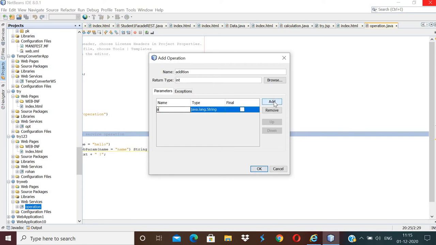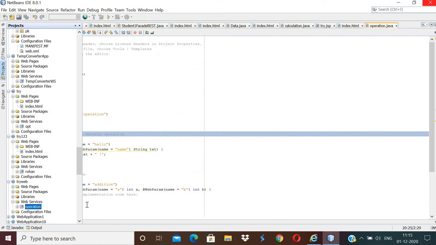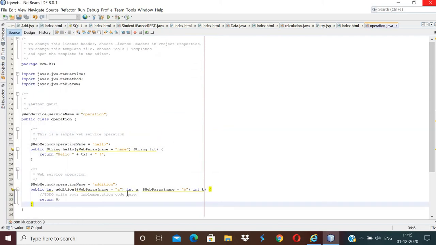Add two parameters, one is a, with data type int. Again, the next parameter b with data type int. Click on OK. So here you will get this addition method.